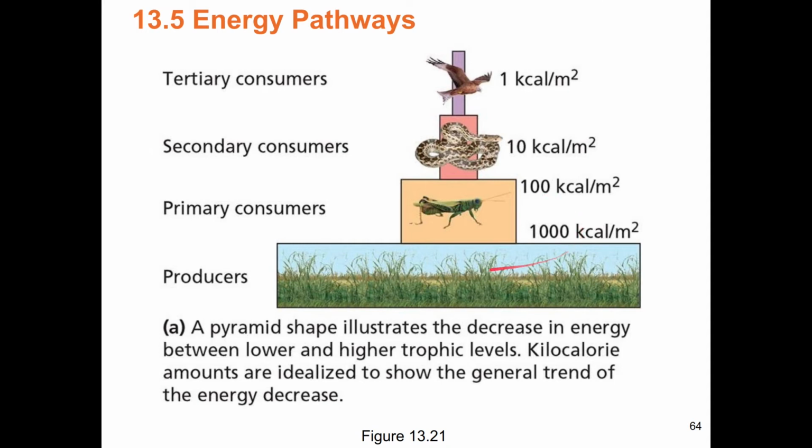So all of the pesticides that were eaten by the grasshopper are stored in the grasshopper. And then when the grasshopper is eaten by the snake, all of the grasshopper's pesticides are stored in the snake. And then if the snake eats thousands of grasshoppers, all of those pesticides accumulate. And then when all of those snakes get eaten by the hawks, all those pesticides get passed along. So really, it'd be interesting if we flipped the numbers and said each of these is going to have 1 unit of pesticide, 10 units of pesticide, 100 units of pesticide, 1,000 units of pesticide. So it's really better to eat lower on the food chain in terms of energy loss, and in terms of pesticide accumulation.